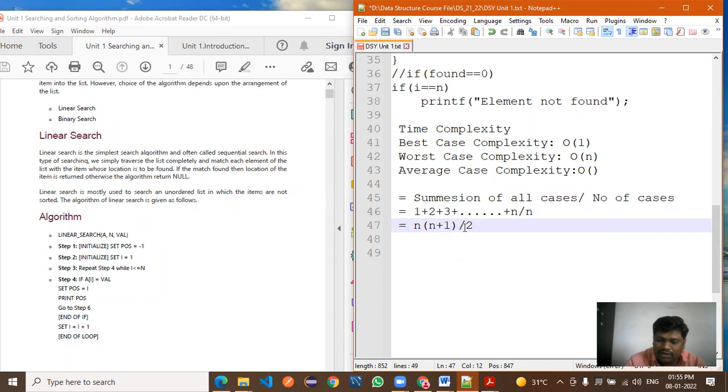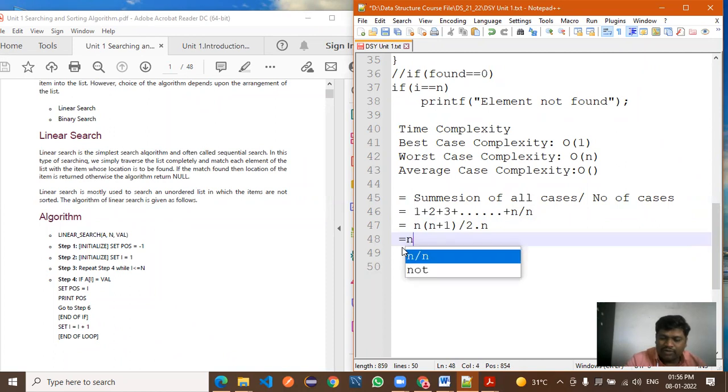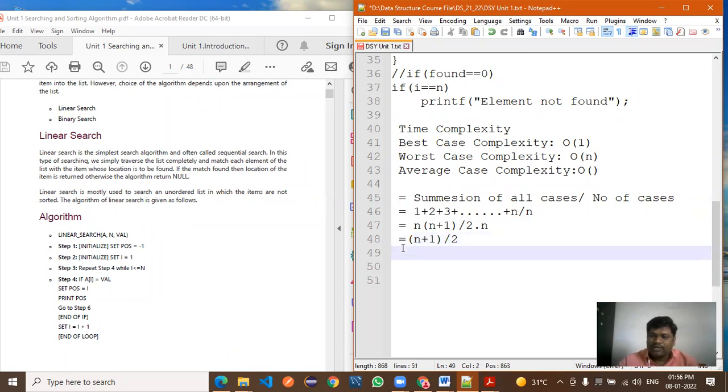Or we'll say here 2 into n also, and in the next step this n gets cancelled, and in the end you will get only n plus 1 in brackets, divided by 2, right?